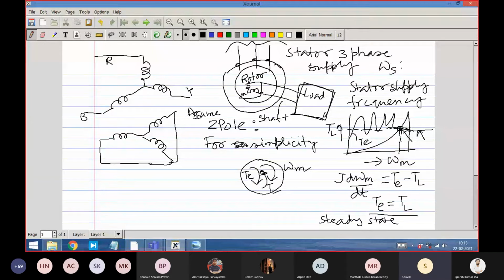Okay, so in the dynamic process, only in the dynamic process, one of them is more than the other, right? And it so happens. So what are you concluding from here? We conclude that in the beginning, when the mechanical speed is 0, the electromagnetic torque has to be more than the load torque.